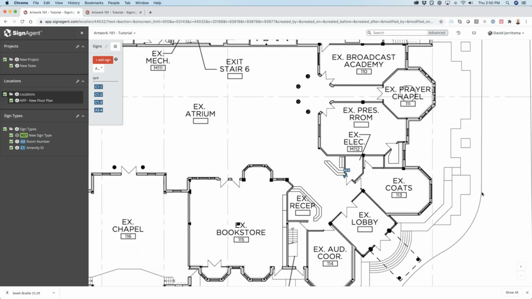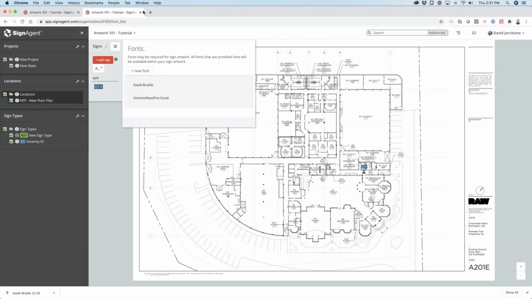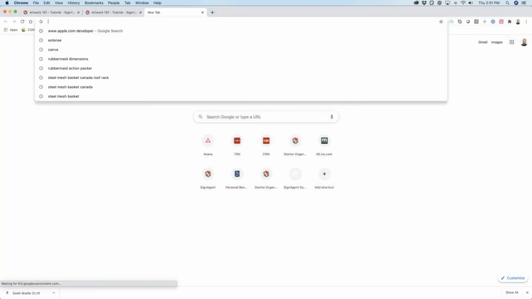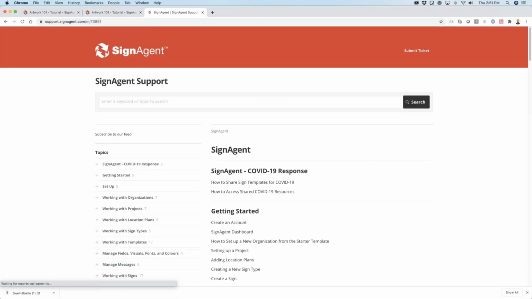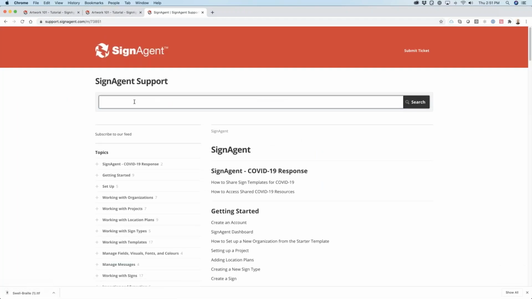Okay. So yeah, manual, and I kind of jumped in here, but manual asks about the amenity message to set it up. Yes, there is a command for that. Yeah, and this is a bit more of an advanced feature, but if you go to our website, so if I come in here and I go to support at signagent.com, and if I type in